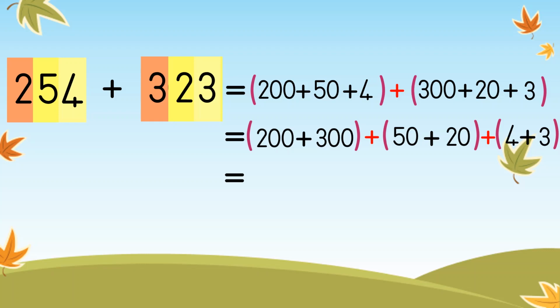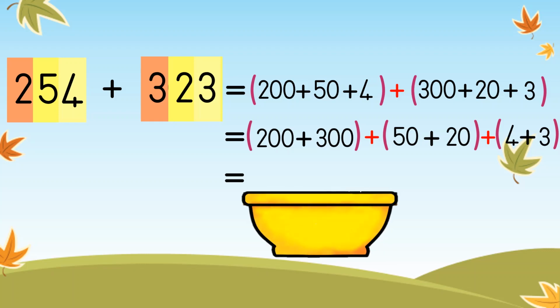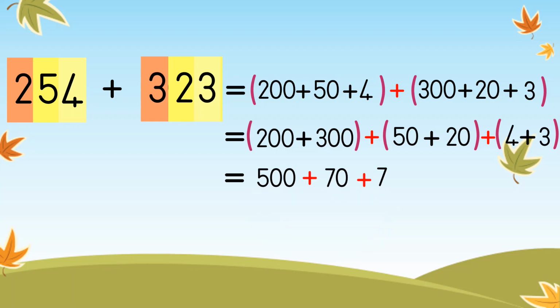Step 3, can you remember? That's correct, mixing them up. So 200 plus 300, 50 plus 20, 4 plus 3. Your final step? Beautiful! Step 3, done. Now, your final step, step 4. 500 plus 70 plus 7 equals, great stuff,